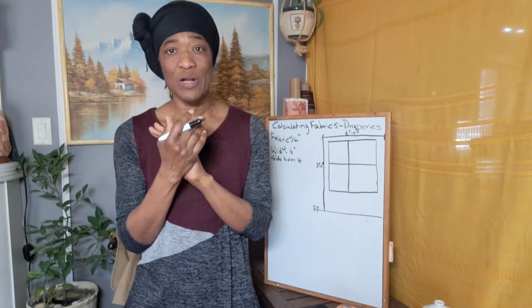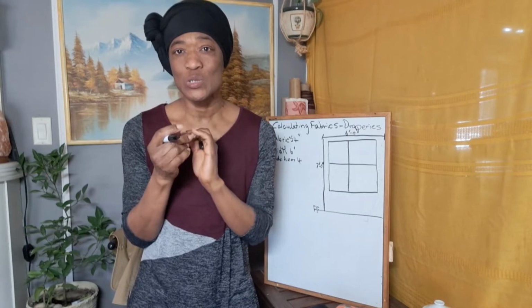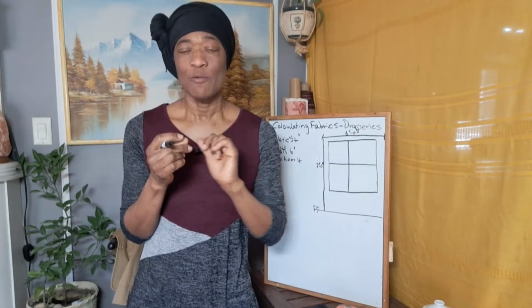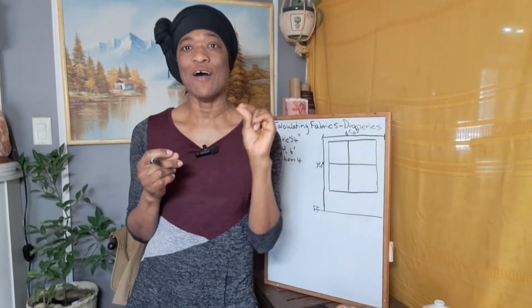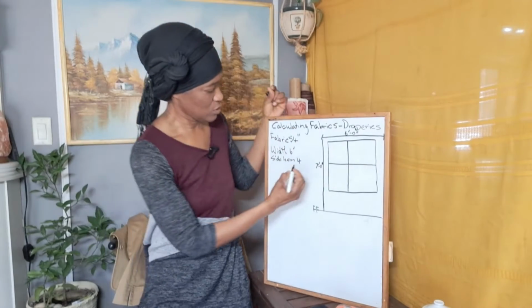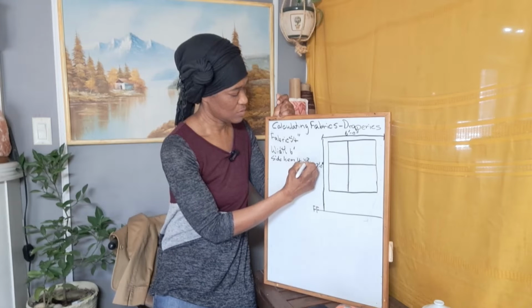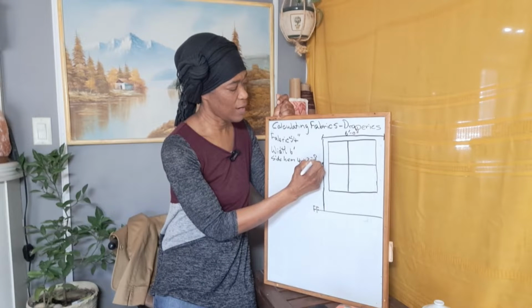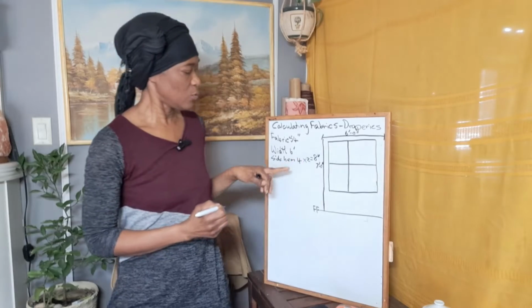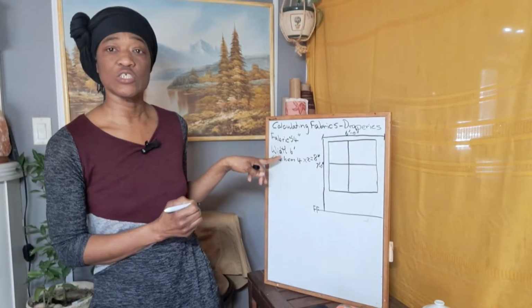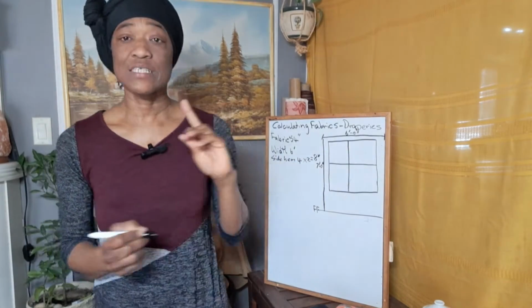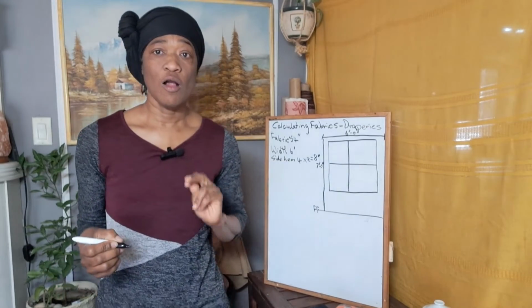To make it a little more custom, let's go for a 2-inch double hem, which means that each hem will have 2 inches. So 4 times 2 equals 8 inches. So we will need to add 8 inches to this 6 feet for our